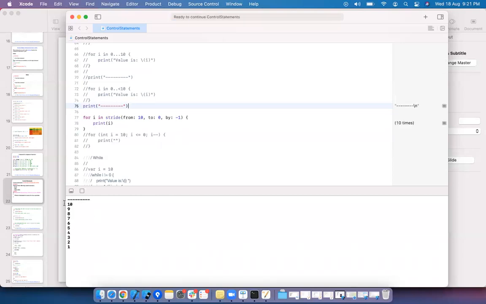It started from 10 and ended at 0. Okay. If you want to jump by 2, this is also possible by using stride.